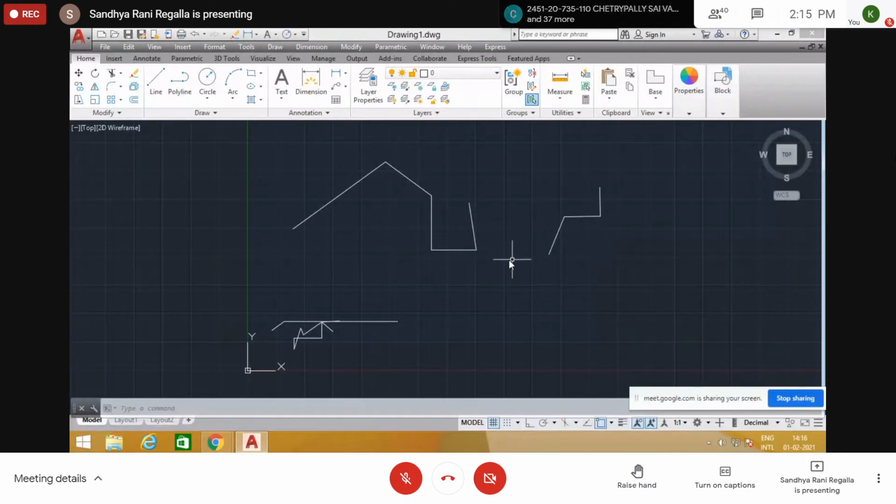Can anyone tell me why two different commands are given? Here also we get this kind of lines only, the same kind of lines, but we have two different commands for line and polyline. The difference is this: if you draw the diagram using the line command, every line segment acts individually. If you want to select, only that segment is selected. But with polyline, if you want to select, the total line is selected. If you draw any line using the polyline command, all segments act as a single unit, a single entity. But with line, all segments are individual entities.